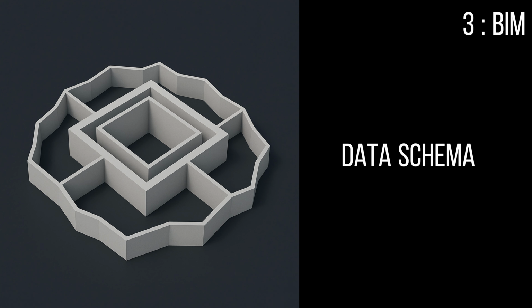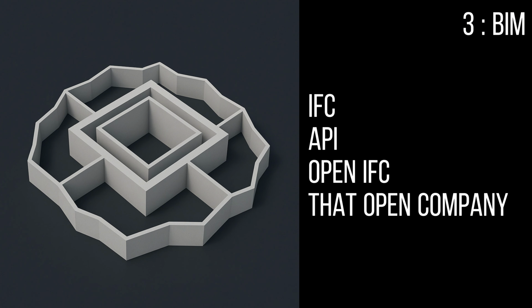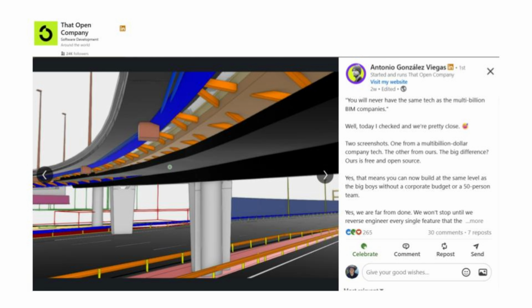That is why we need a data schema. Are you going to make your own data schema? IFC stands for Industry Foundation Classes, which is the file format you are using in Revit. To bring that technology in your software, you need an API, which stands for Application Programming Interface. Some APIs are closed, some APIs are priced, but some of them are open source, like OpenIFC by that open